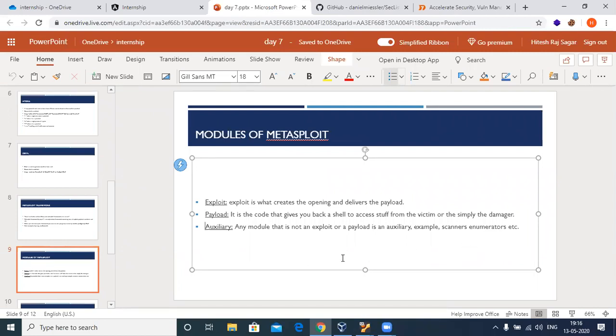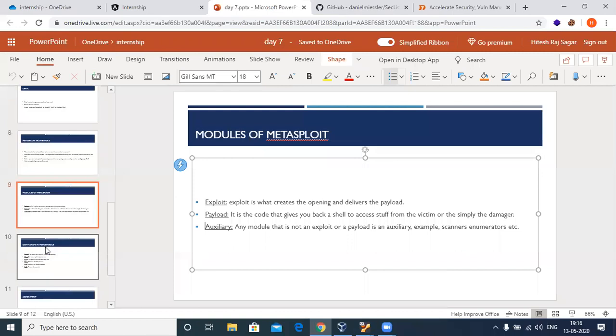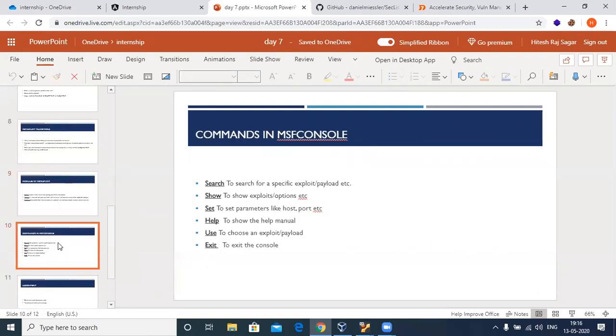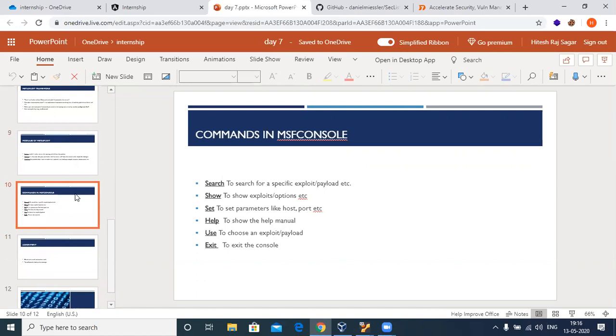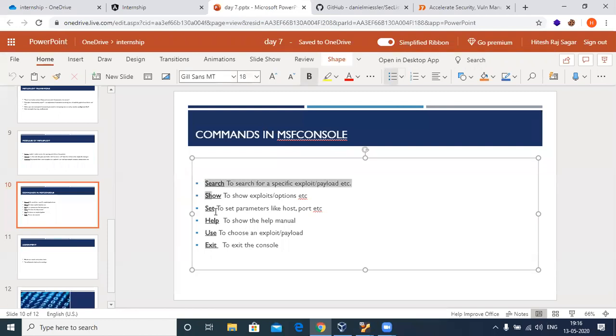Okay, something like that. So something about auxiliary is that. And before jumping into the Metasploit framework itself, okay, it's 7:15. So before jumping into the actual exploitation process, I want to tell you some important commands that you're going to use